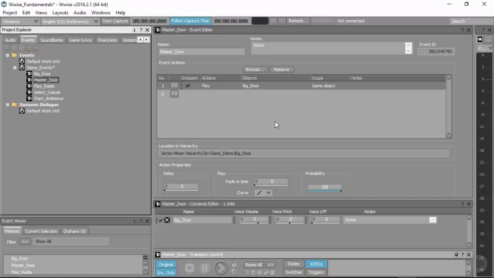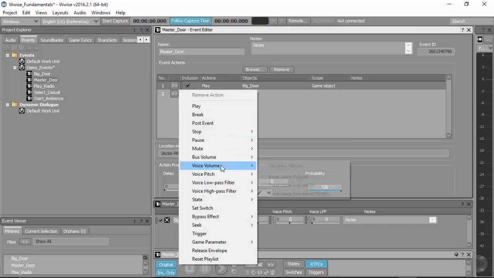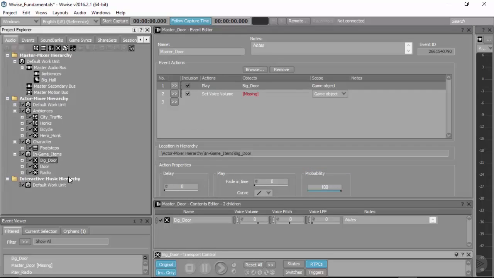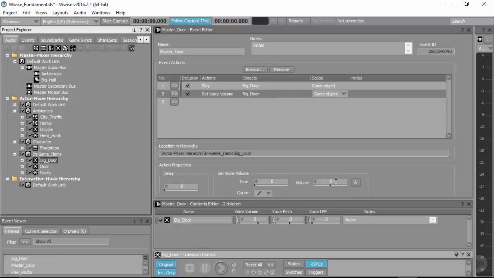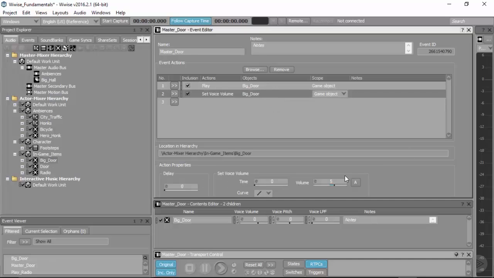And let's say we want that big door to play extra loud, but only for this specific kind of event. So you could set it up to increase the voice volume of that big door sound. You could have it increase, say, 5 decibels of whatever your normal volume is, relatively speaking, but you really don't want to accidentally leave that set up so that the next time the player triggers a regular door, it sounds like a big door.